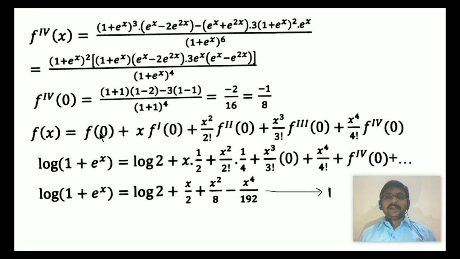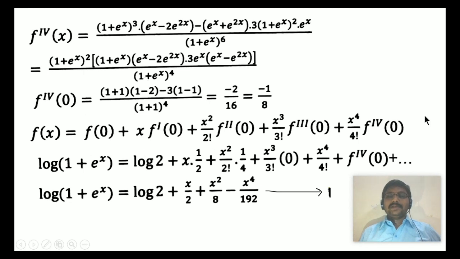Now again differentiating f triple dash of x, we will get the fourth derivative of f of x. Just simplifying using the derivative formula, that is v kept silent u derivative minus u kept silent v derivative whole by v square. Just comparing the fraction with u by v, use the derivative of u by v formula. And now computing the functional value at 0 by just putting x equal to 0 in the fourth derivative of f of x, we will have the fourth derivative at 0, which is given by minus 1 by 8. These are the functional values at the point 0.